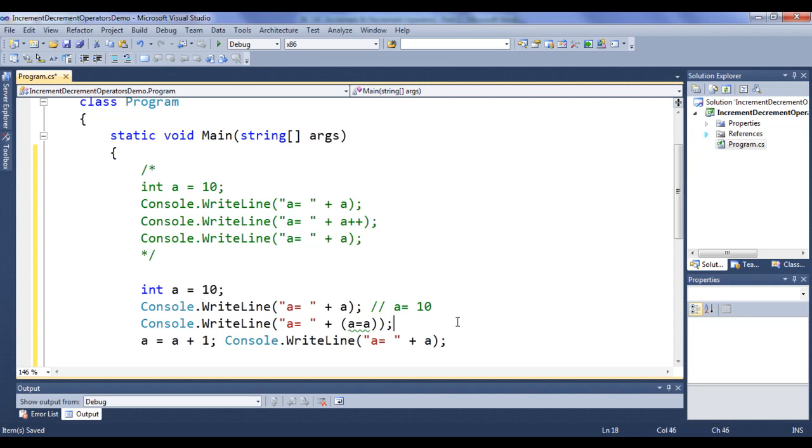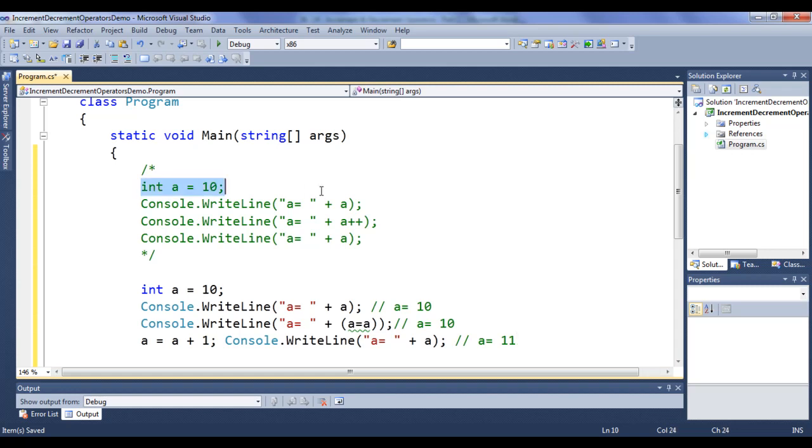Understanding? So here we are saying a = a. That means take the current value of a, store it back inside a. Before this statement, the value of a is 10. 10 is stored back inside a. So on this line, the value of a is still 10. So here Console.WriteLine displays a = 10, guys. And then a = a + 1 is executed. Before this statement, the value of a is 10. 10 plus 1 is 11. 11 is stored inside a. On this line, the value of a is 11, guys. So Console.WriteLine displays a = 11 here.